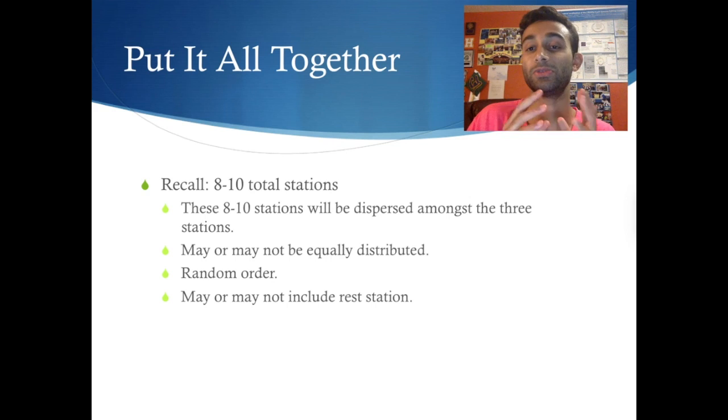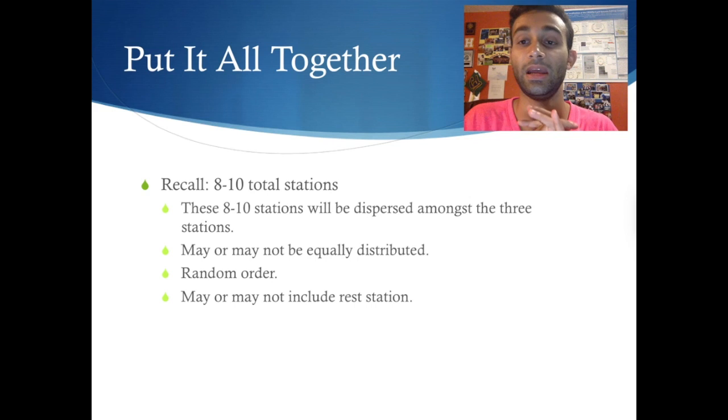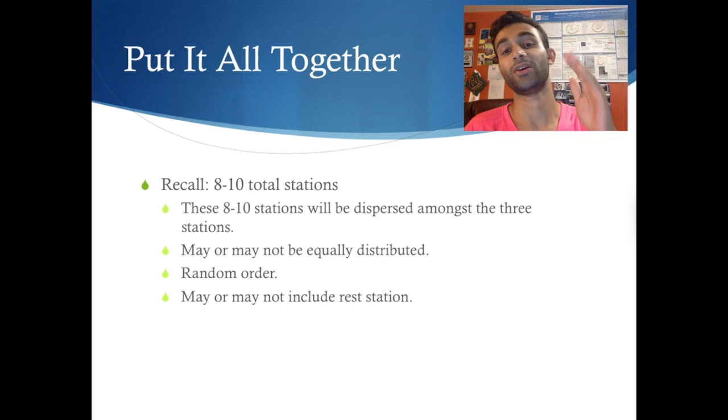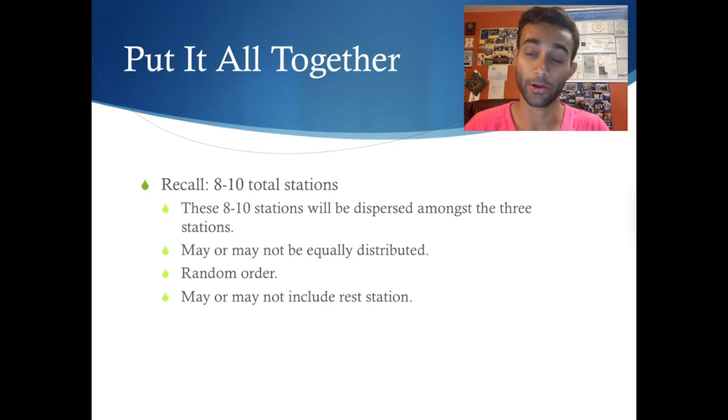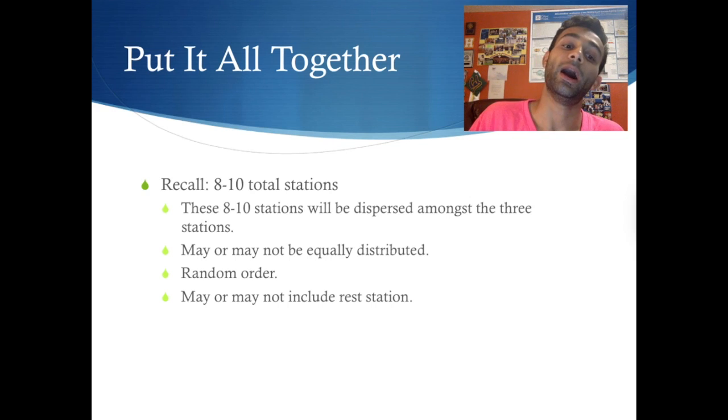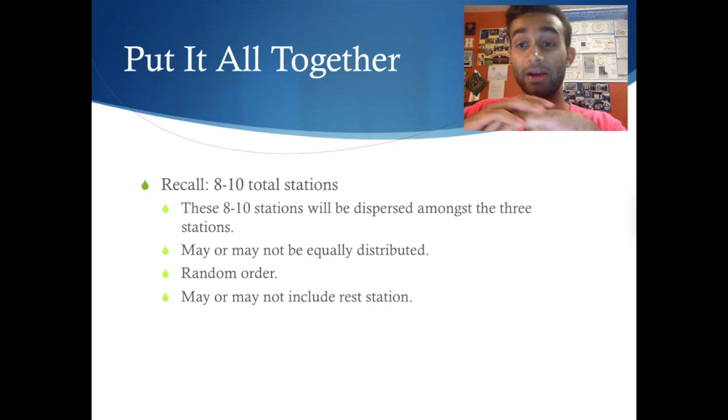You could have 8 completely collaborative, 1 about general, and another one just about scenario. They're in completely random order. Just because you have 1 collaborative question does not mean the next one's collaborative. Just because you have 1 scenario question does not mean the next one's scenario. Just because you have 1 general question does not mean the next one's general. Mutually exclusive, independent.